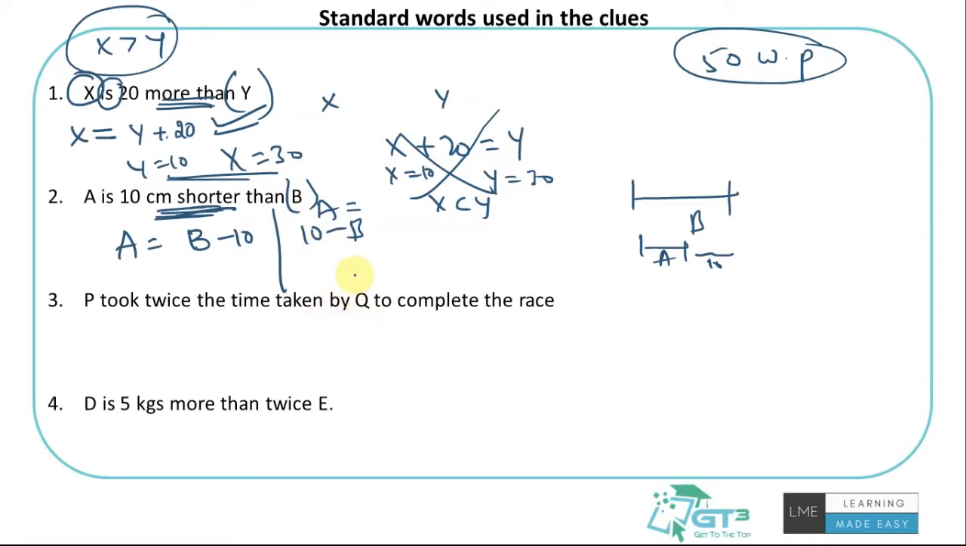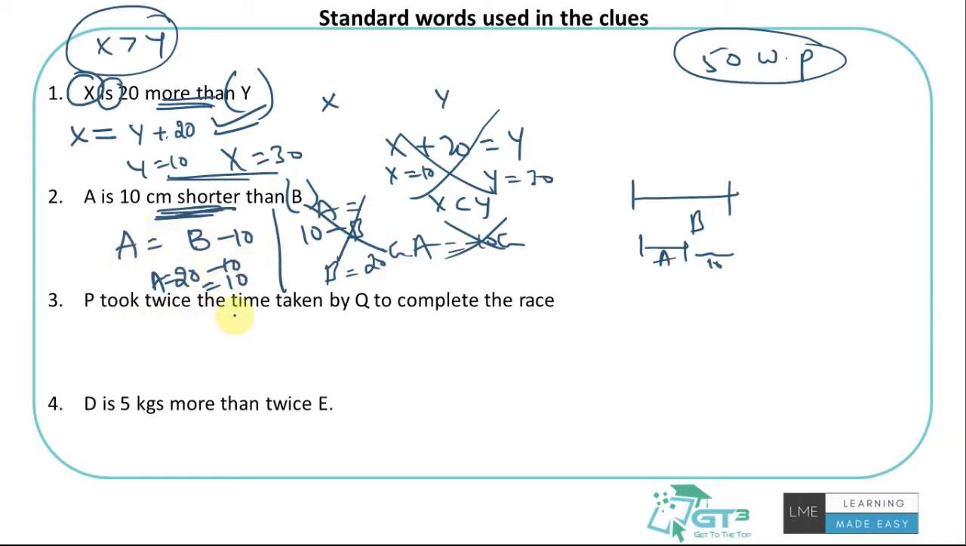That's because if B is, let's say, 20 centimeters, what do I get here? A is minus 10 centimeters, which is wrong, and I cannot have negative, right? It is saying A is 10 centimeters shorter than B. Whatever B is, if B is 20, A is supposed to be 10 centimeters. It's not minus 10 centimeters, right? So that's why this is wrong. So A is B minus 10. Then